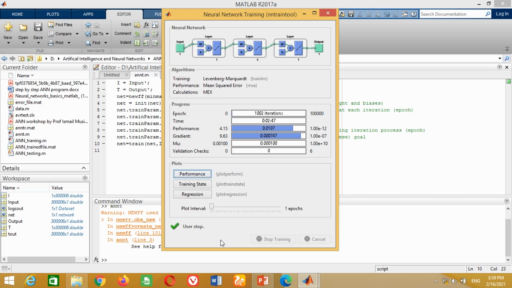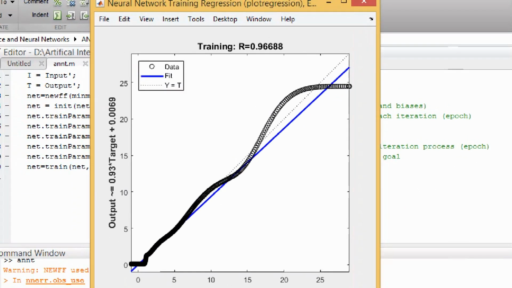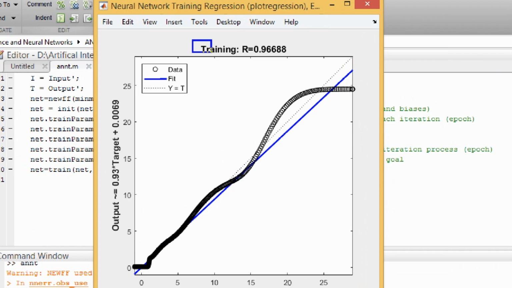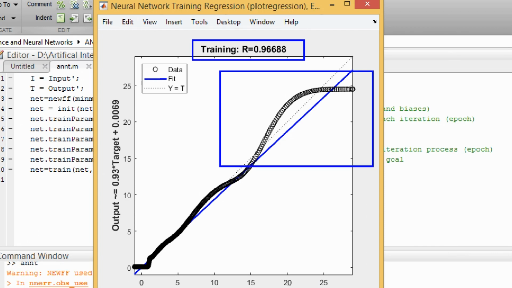Let's see what the regression curve is for 1000 iterations. For this purpose, just click on this regression. It will show the regression curve for the ANN training. It may be noted that regression is equal to 0.966, which is less than unity. The criterion for successful ANN training is that regression must be equal to 1. Furthermore, it may be noticed that the training data is also not on the straight line, which shows that its training